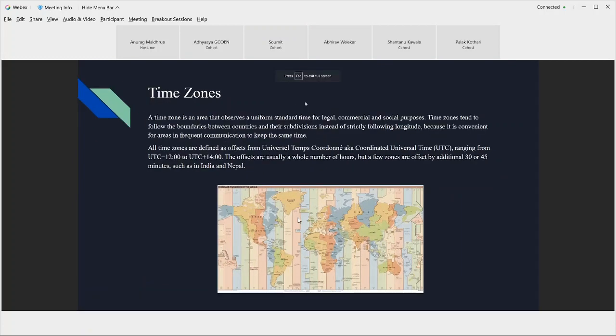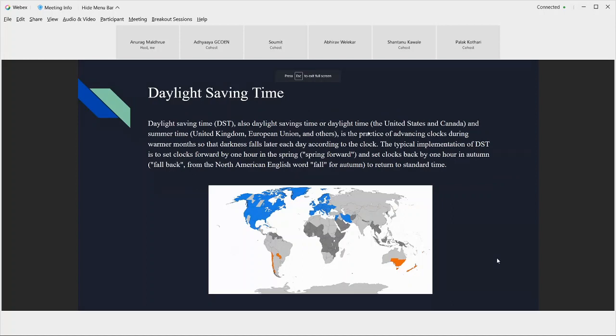So what exactly does DST do? In the spring, they advance the clocks by an hour. When it's spring, like right now, their time is one hour ahead of normal time. Let's say it should have been 10 o'clock in normal time, but they have the time as 11. And when it's autumn, they revert back to the old time. So 10 o'clock is actually 10 o'clock.